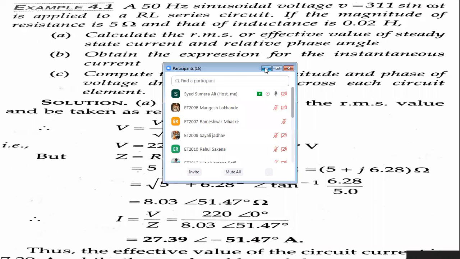If the magnitude of resistance is 5 ohm and the inductance is 0.2 Henry, then: A part, calculate the RMS or effective value of